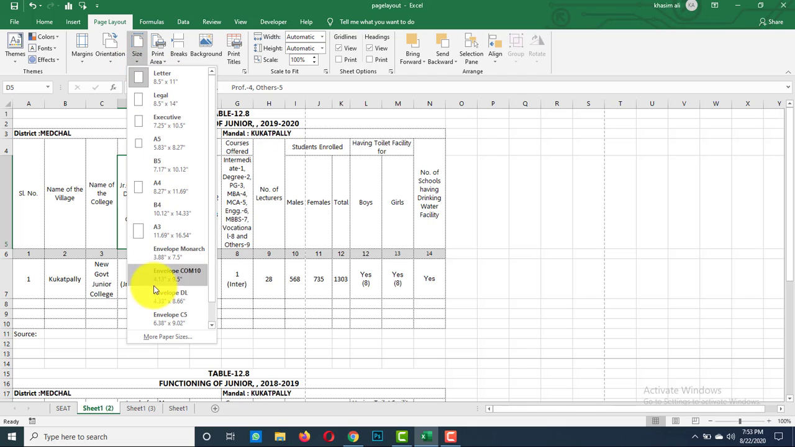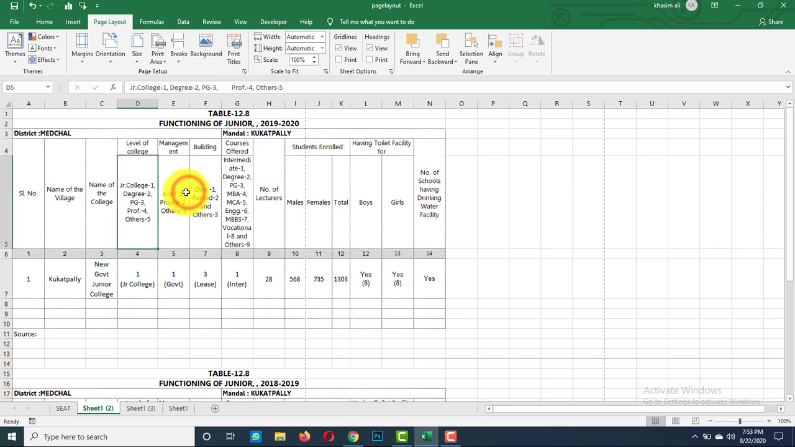From here you can select your page size. Here by default Excel provides a lot of page sizes. By default it shows in letter size. You have to select based on your requirement. For example, I am selecting this to